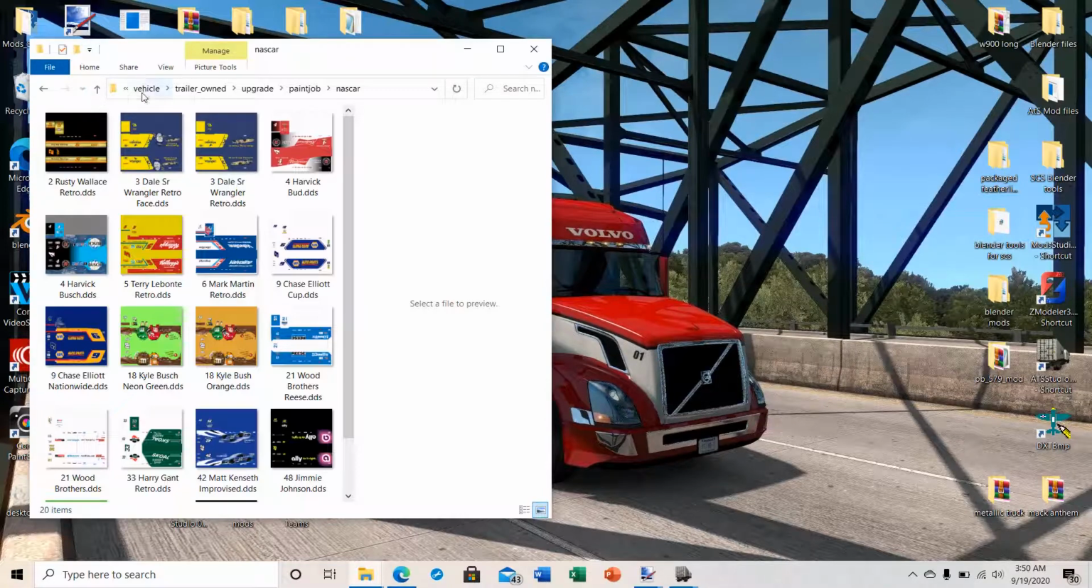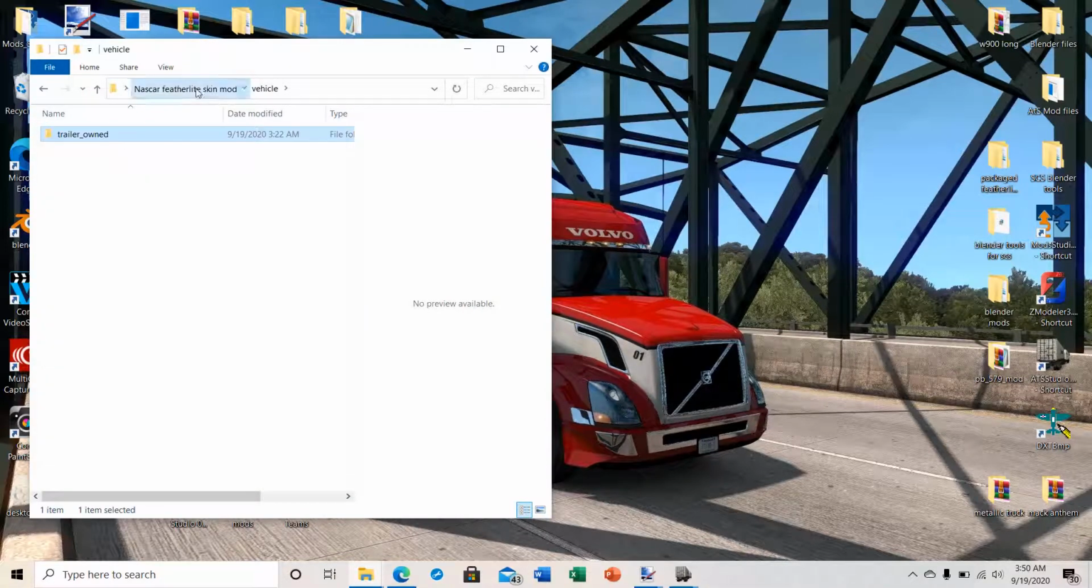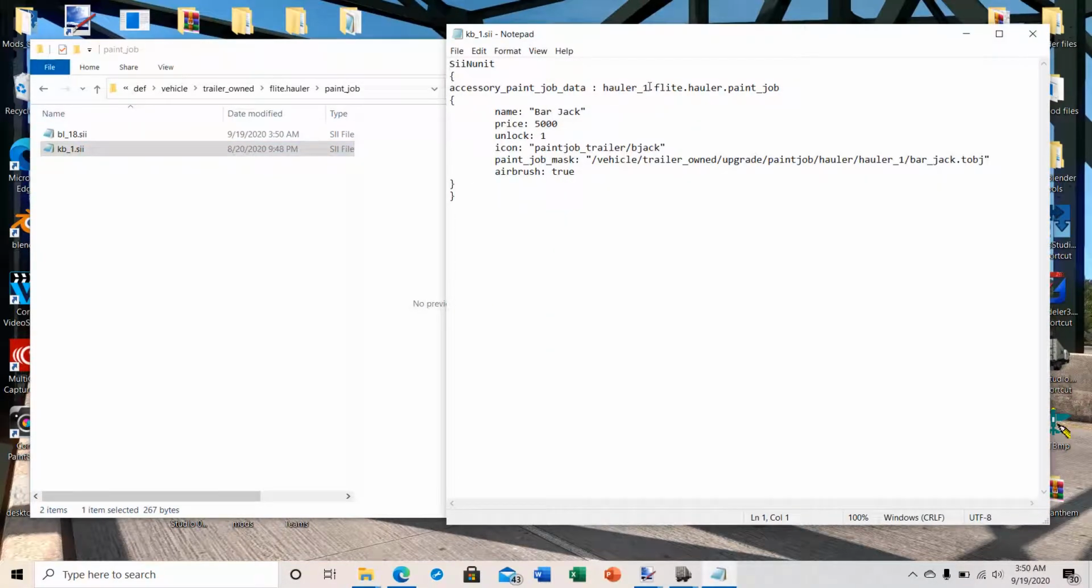Now we need to do the same thing to our other SII file. Our Kurt Busch, we change the hauler 1 to KB_1, and we'll change the name to Kurt Busch. Leave the price at 5,000, unlock at 1, and then for our icon,